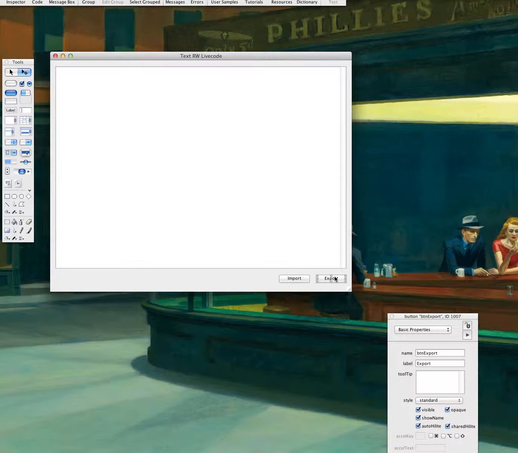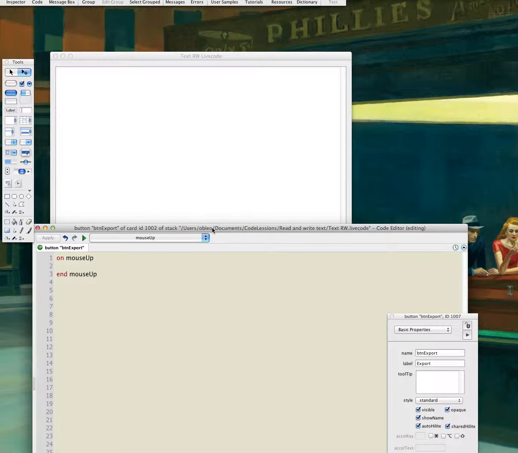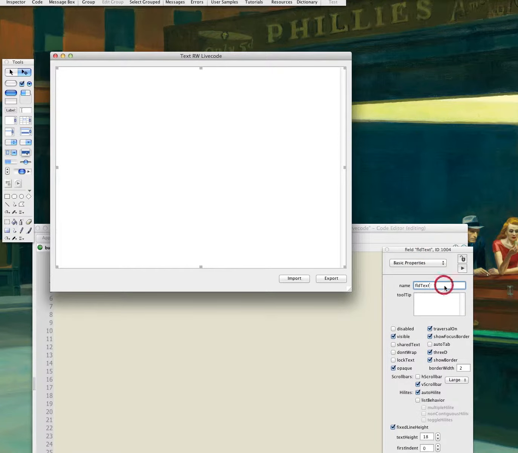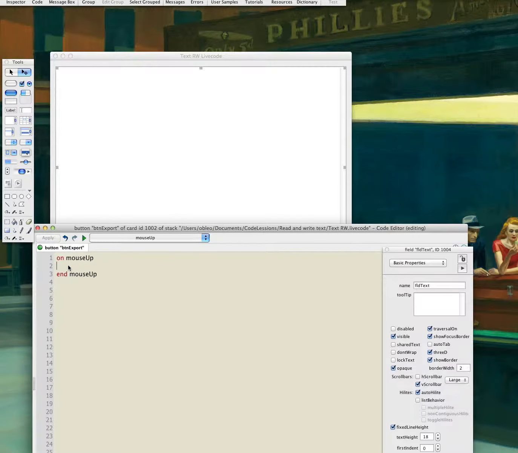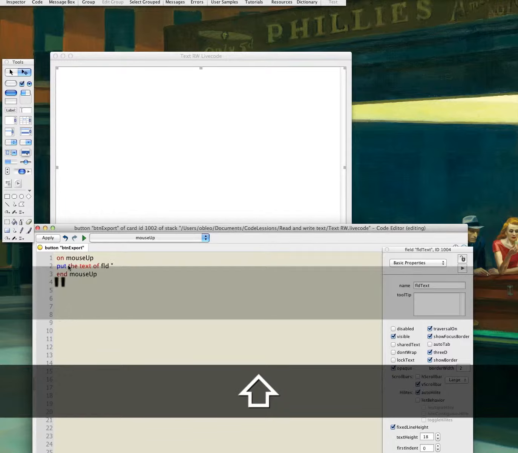Since we don't have a file, let's create a file by adding a script to this to export a file that we would write in this text field. So this text field is called field text, and we'll take that right here, and what we want to do is say put the text of field text